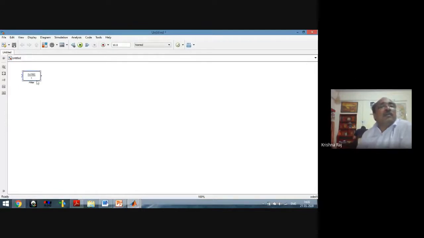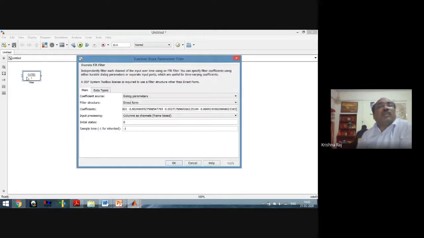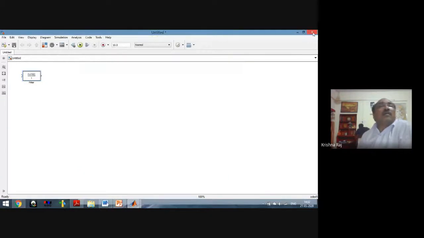Now if we select this one here, we will find this is a block, and this can be used in the network or in the circuit diagram. Here we will give the signal, and the signal will be processed as per our designed algorithm. All the information about the coefficients, etc., is displayed here. And at the same time, if we are interested in the architecture of this